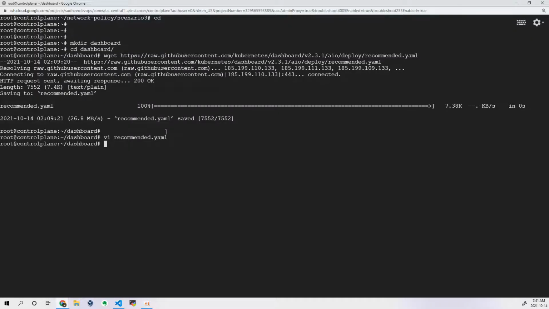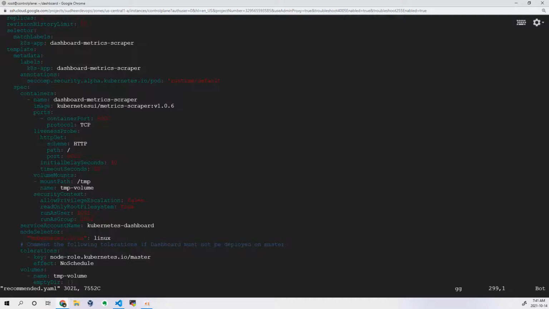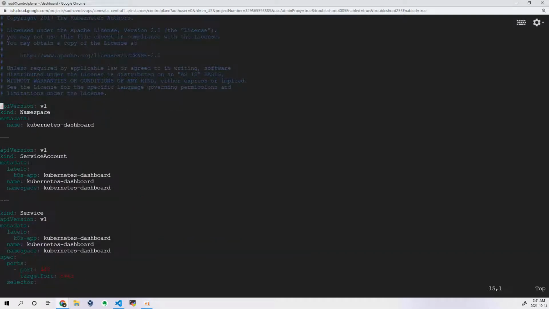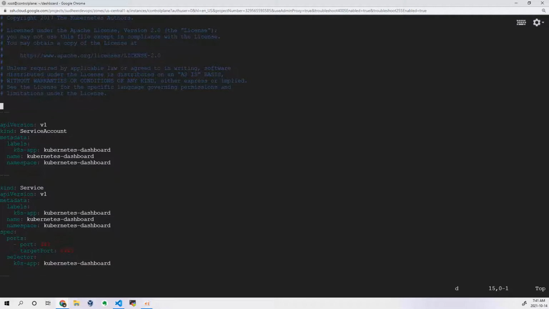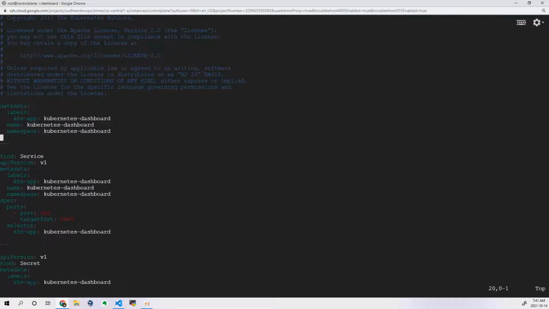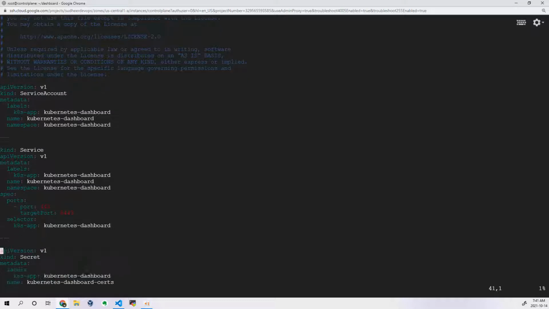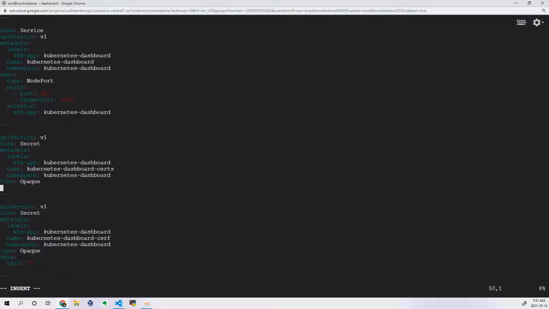So what I need to do, open this file. Okay, go to the starting page. Okay, remove this namespace as well. I will be creating it manually. And one more point which we have discussed is we need to modify the service of your dashboard to a NodePort, right? This is the dashboard one. So here I have to mention, by default it is using ClusterIP. With the ClusterIP, can you access the dashboard? No, right? No. Done. After this I need to remove this particular secret, right? You can see the name certs. Okay, this one I need to remove. So done. Let me remove this.